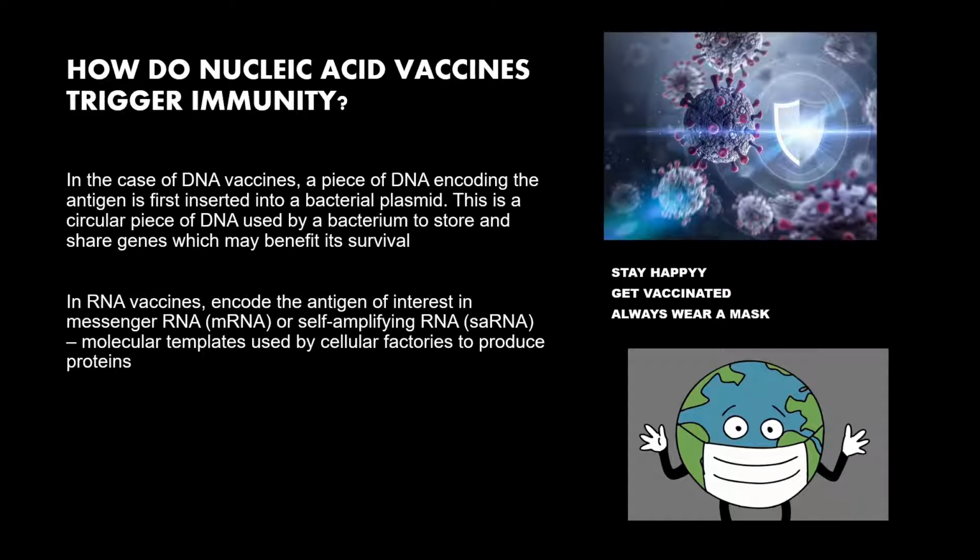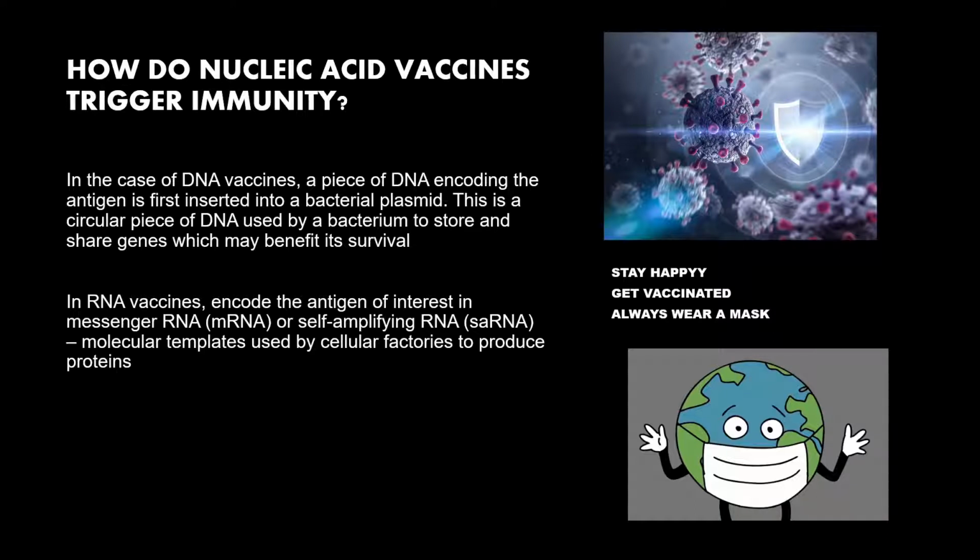DNA plasmids carrying the antigen are usually injected into the muscle, but the key challenge is getting them to cross the cell membrane. This is an essential step because the machinery which enables the antigen to be translated into protein is located inside cells. Various technologies are being developed to aid this process, such as electroporation, where short pulses of electric current are used to create temporary pores in patients' cell membranes, a gene gun which uses helium to propel DNA into skin cells, and encapsulating the DNA in nanoparticles which are designed to fuse with the cell membrane.